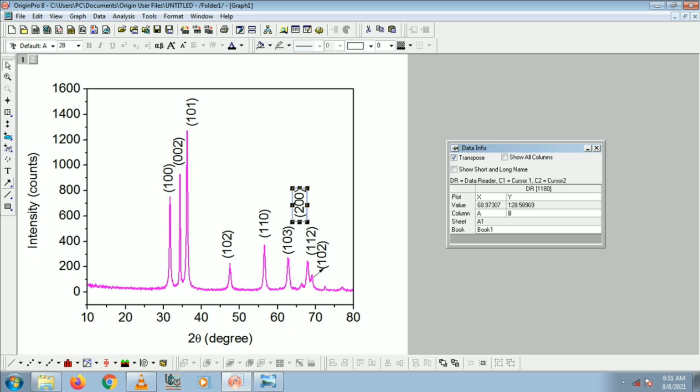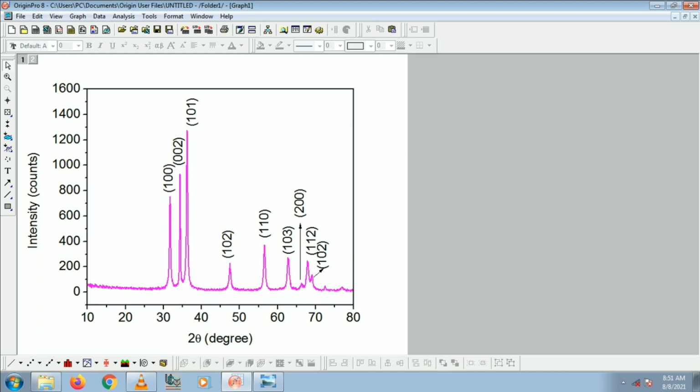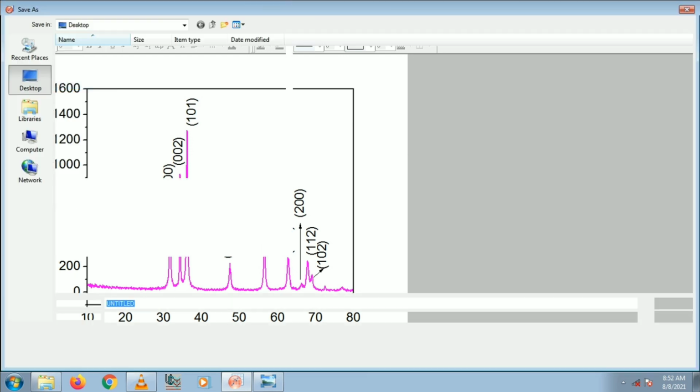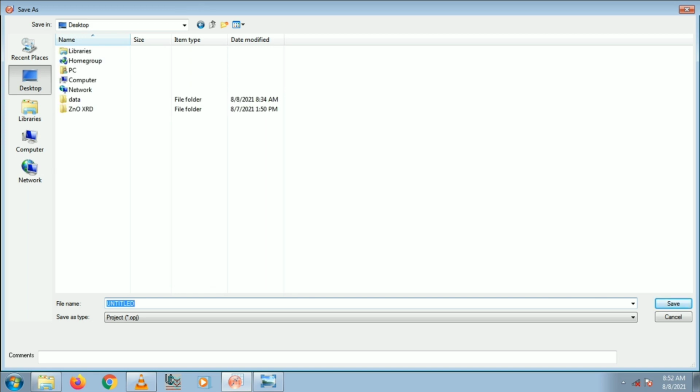Mark if we need. After that we have to save the project by selecting the proper path.